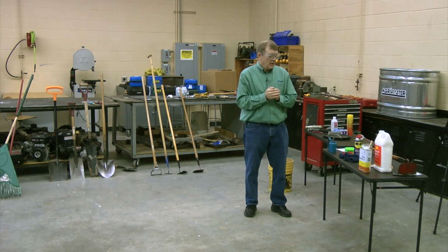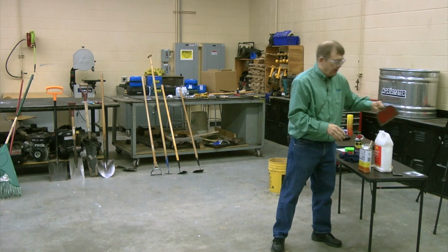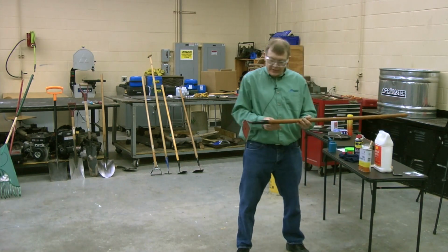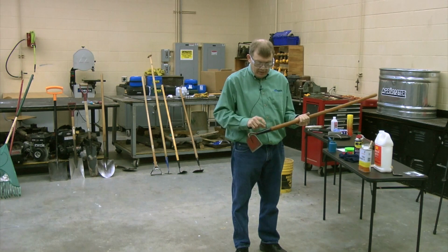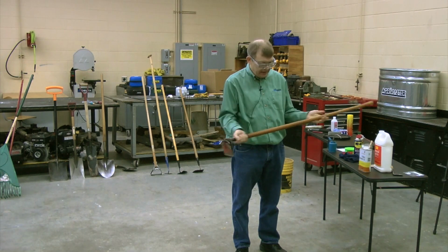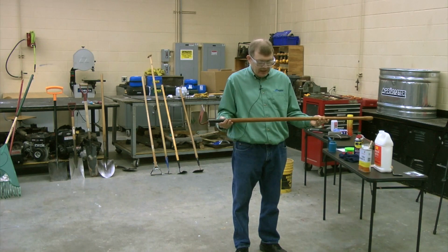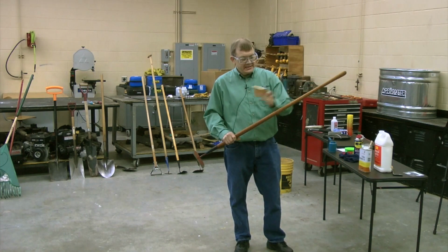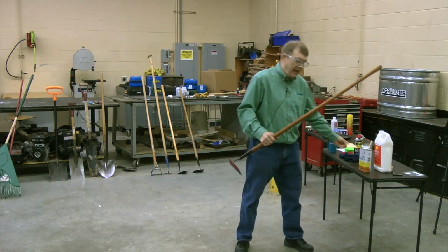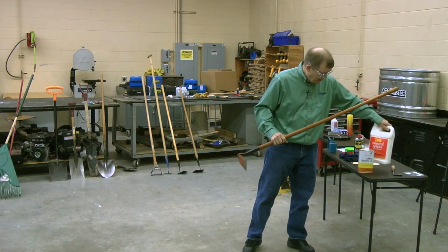Okay? Now let's talk about handles for a little bit. What are we going to do with our handles? You first want to make sure that the tool is secure. So if this were to come loose, I would drill a hole through there, I'd put a screw in there, and I'd get it good and tight. This particular handle started to look a little bit peaked, so I sanded it down. I took some standard sandpaper, I sanded that handle down good and smooth, and then I used boiled linseed oil,